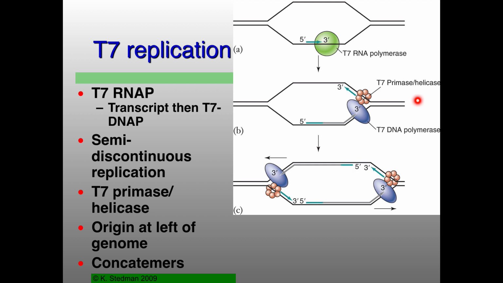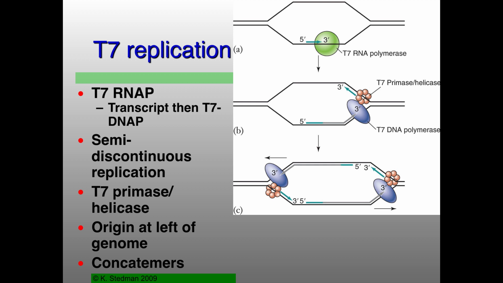This T7 DNA polymerase is chugging its way along. There's only one origin of replication, but it's going in the same direction as the T7 RNA polymerase would be, because all of those genes, every single transcript, is going from left to right in the genome. Okay, happy with